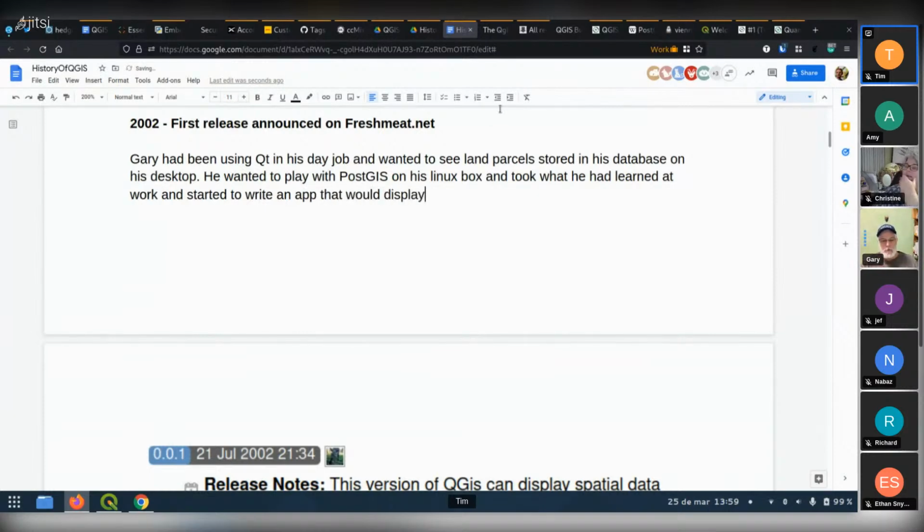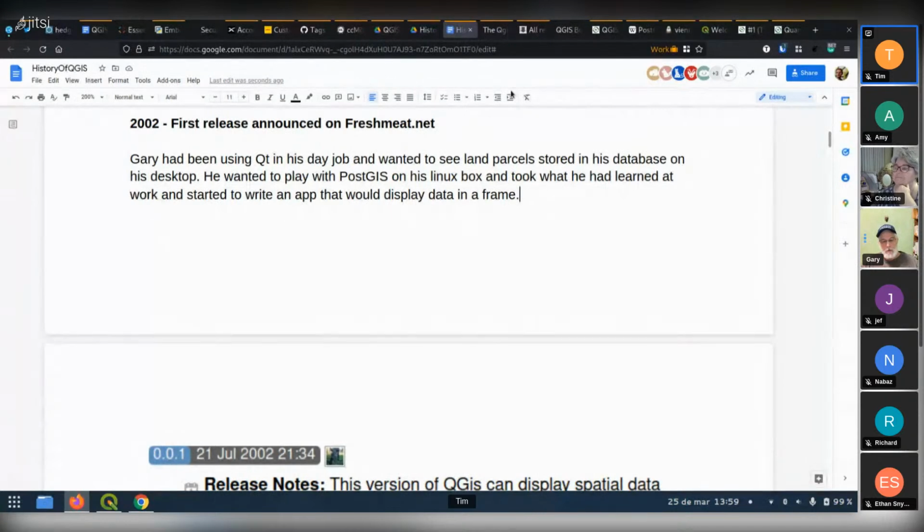And it was pretty primitive. The first time I actually got it to run, that's all it did. There was a frame and a hard-coded layer in the code, and it displayed the lines on the screen. So that was its humble beginning. And we went from there, started adding a few tools, and then